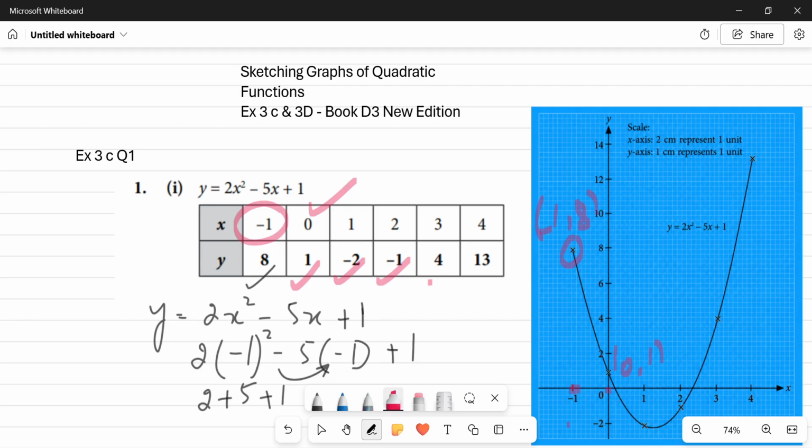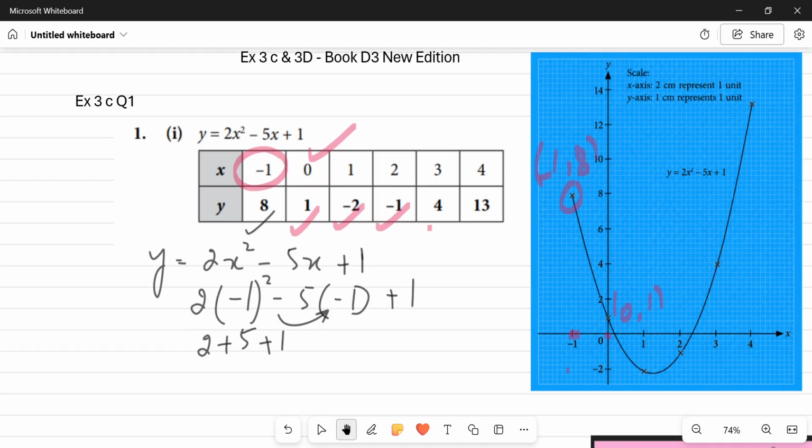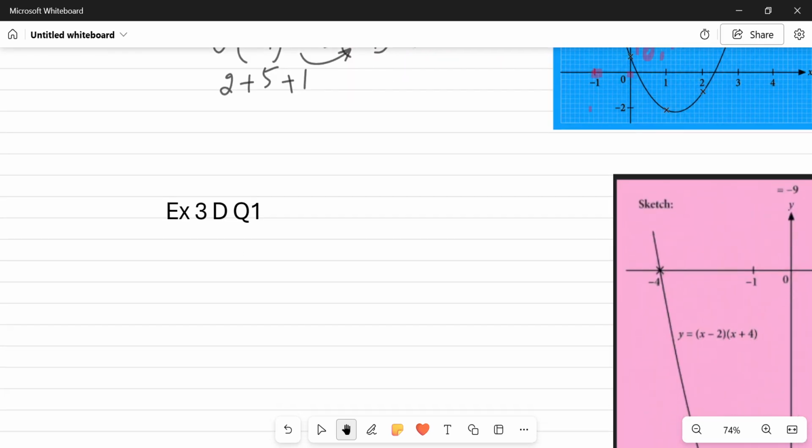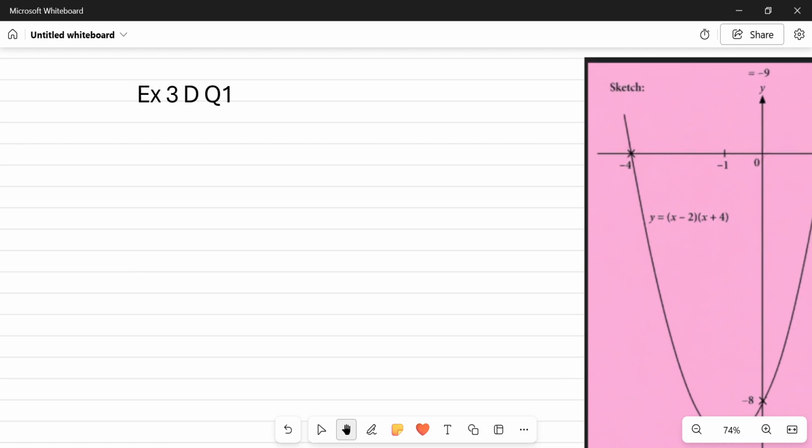Okay. Now what we need to do here is another exercise, exercise 3D, question number 1. It says sketch the graph of each of the following functions and then indicate clearly the coordinates of the minimum or the maximum points and the equation of the line of symmetry, right? So now the first question is